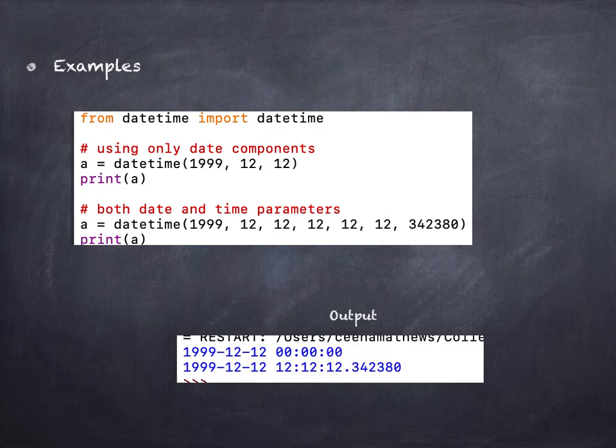Print a will print the date as you see in the output with the time as 0. In the second case we print both the date and time, that is you specify all the arguments: year, month, day, hours, minutes, seconds and microseconds also. When you print, you can see the output.